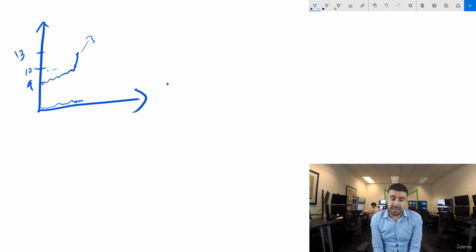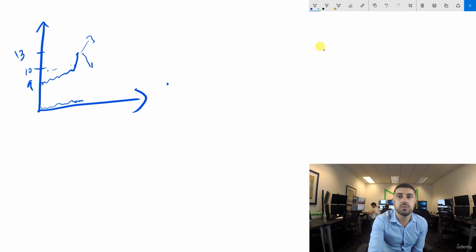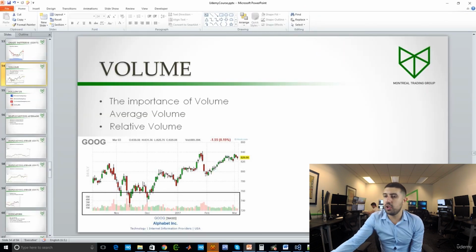It happens. It's a timing thing. Maybe a fund wanted to buy a million shares, but there wasn't enough people, and the price got pushed up. So if there's not enough volume, it's less meaningful, and the price is very, very likely to get back to where it was, as this wasn't supported by volume. So always make sure that volume